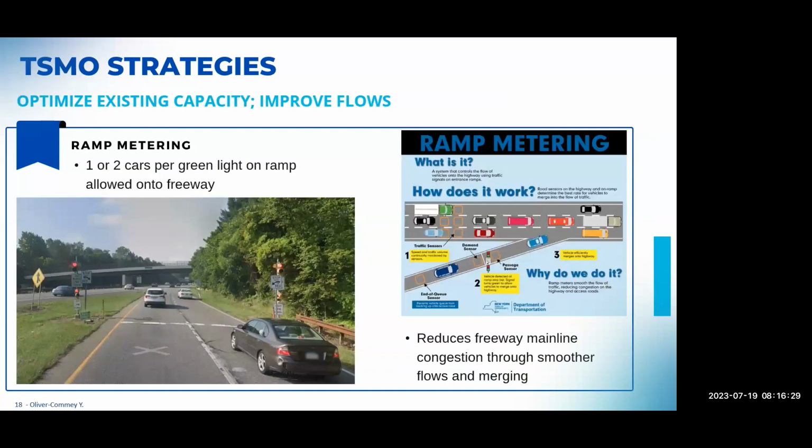Ramp metering is also a pretty innovative feature that we are using to manage freeways. As more interchanges are being built and all these limited freeway accesses or on huge arterials, it's becoming important for us to manage the way that the vehicles merge. And so ramp metering is deployed on the on-ramp such that we control the way the vehicles get onto the freeway. So we allow about 1 or 2 cars per green light.